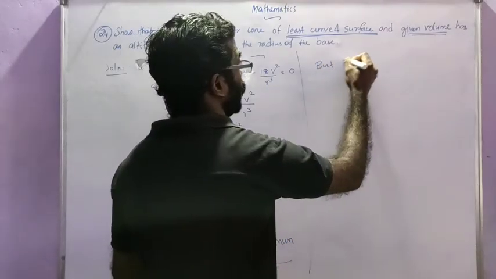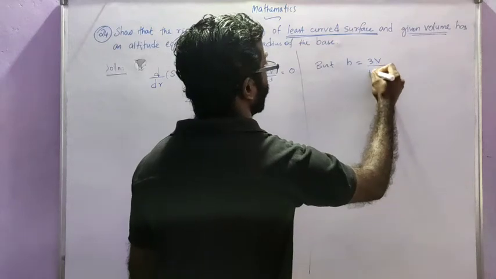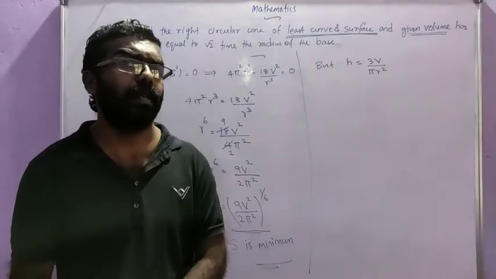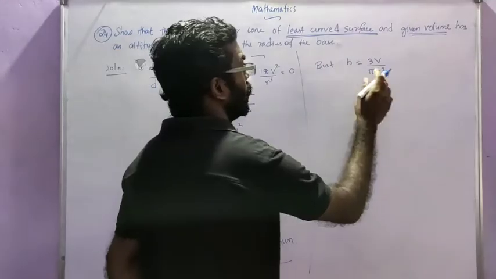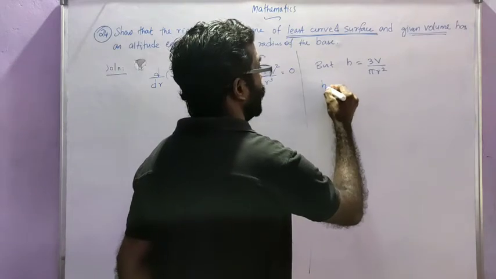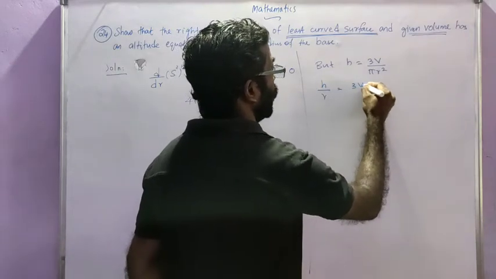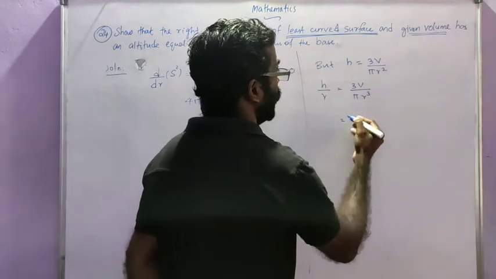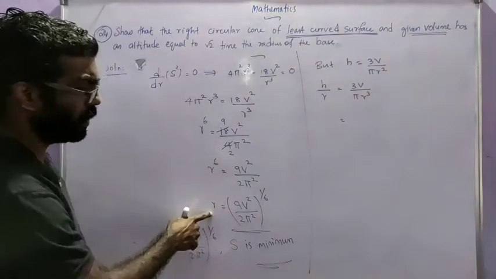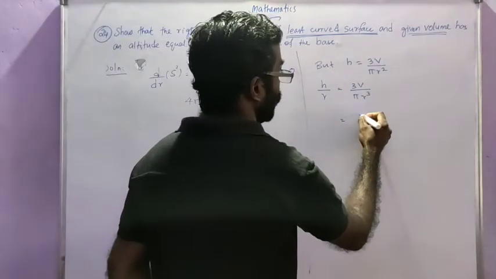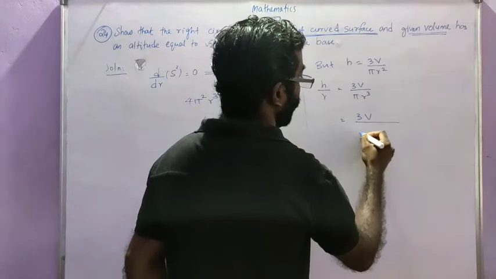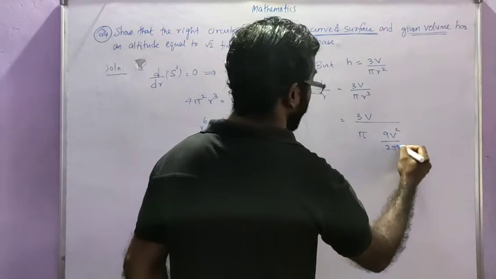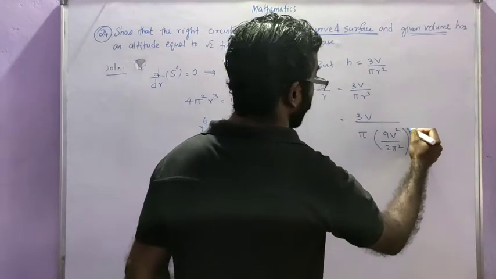But h is equal to 3V divided by pi r square, that we have already got in the first step. h is equal to 3V divided by pi r square. Here I am going to divide by r on both sides. That is h by r equal to 3V divided by pi r cube. Which is equal to, now we can replace the value of r, 3V divided by pi into 9 V square divided by 2 pi square the whole raised to 1 by 6,